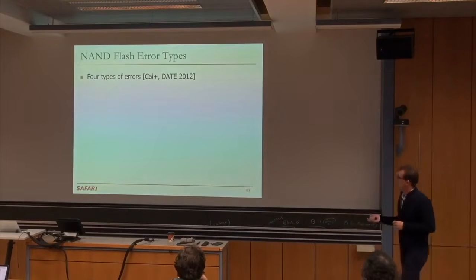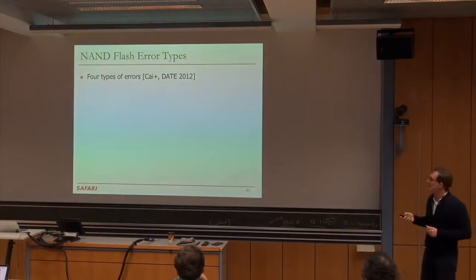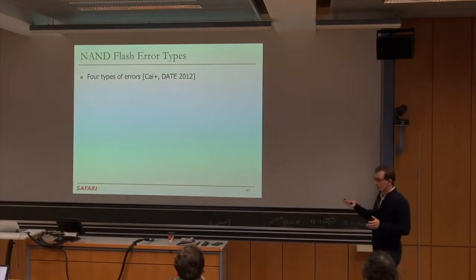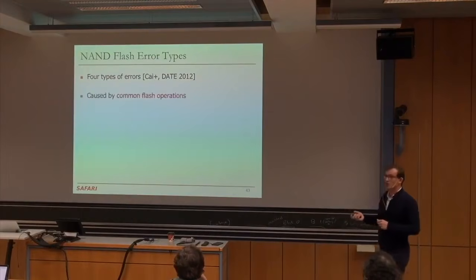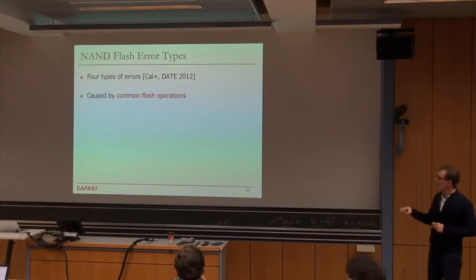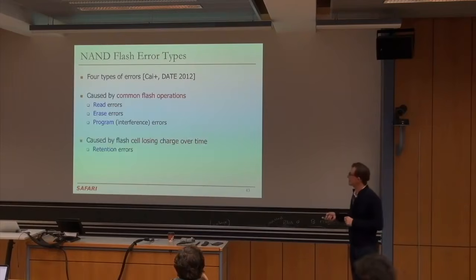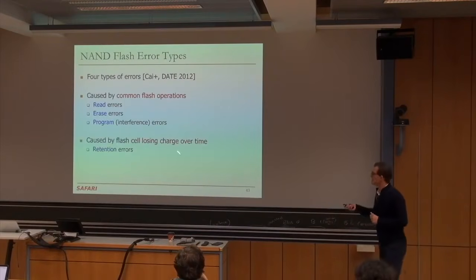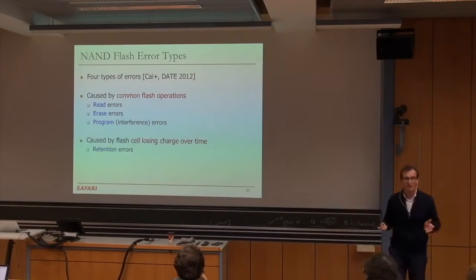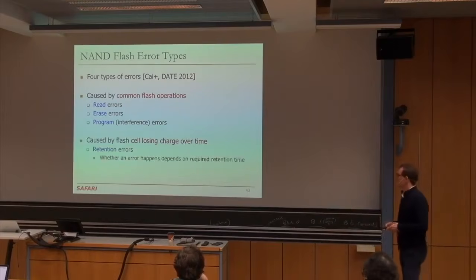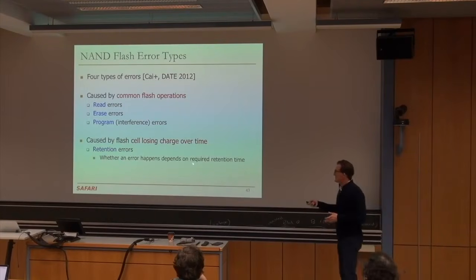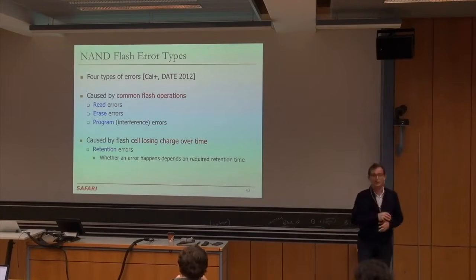And let's talk about the first error types that we're going to examine. There are 4 different error types. 3 of them are caused by common flash operations, and we're going to initially characterize these: read errors, erase errors, and program interference errors. And one of them is caused by flash cell losing charge over time, and that's the retention errors. And of course, whether an error happens depends on the required retention time, when you're going to read